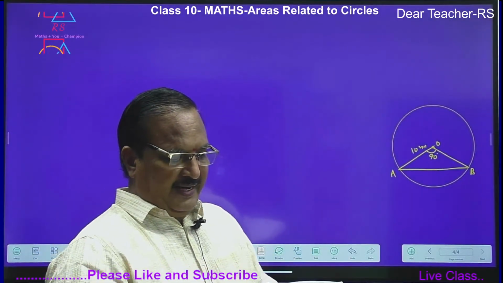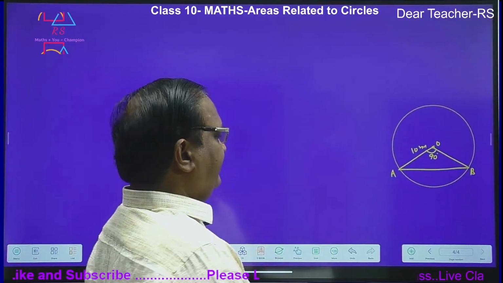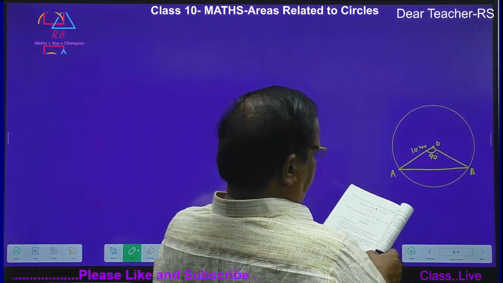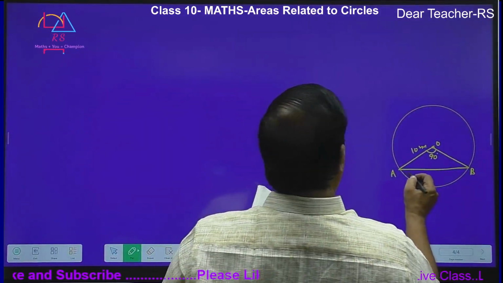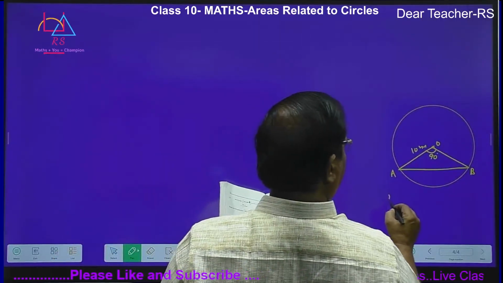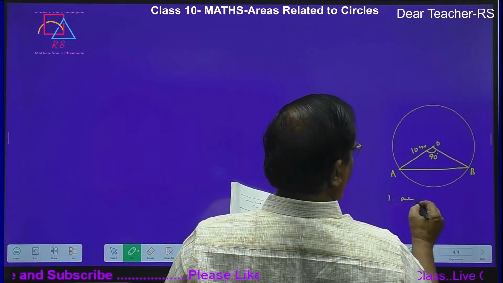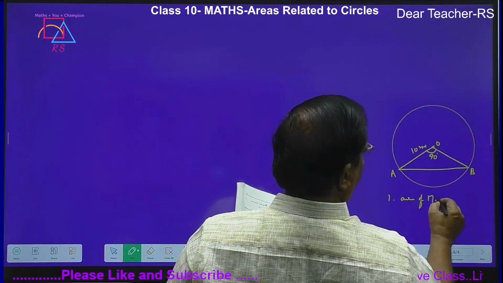So find the area of the minor segment and the area of the major sector. So two things you have to find out. One is the area of the minor